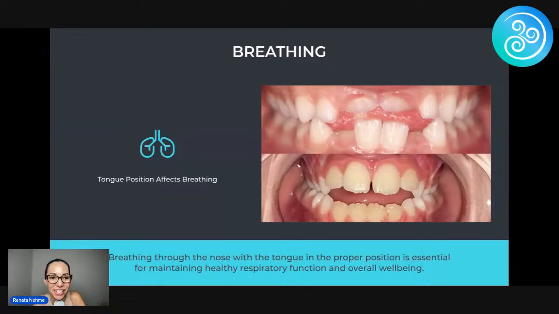Laura, that is so interesting. So funny story is that first photo is actually my daughter. And I almost fell backwards when I saw this photo at the orthodontist office. But my daughter was a nasal breather. And she had a tongue position like that.